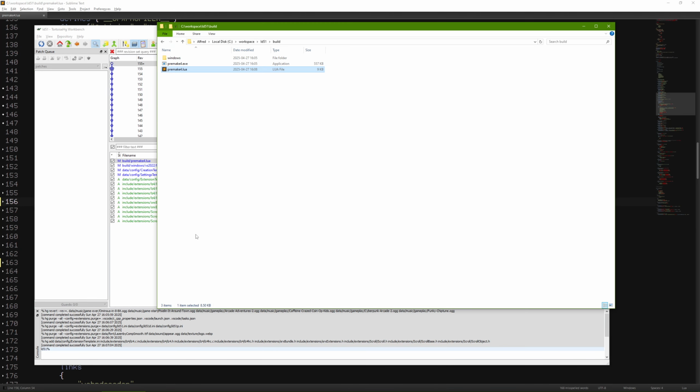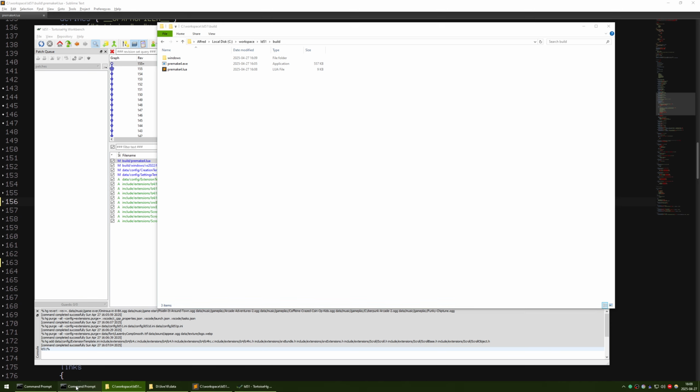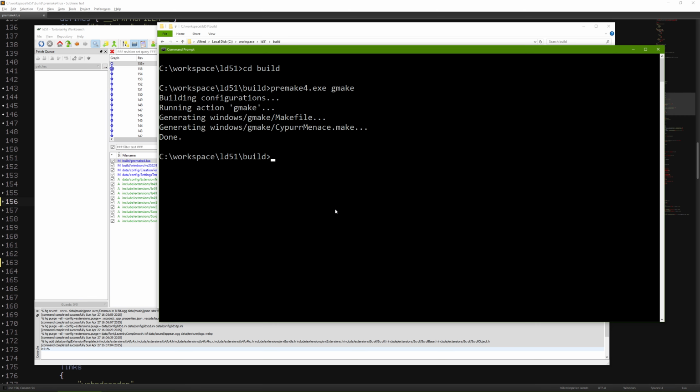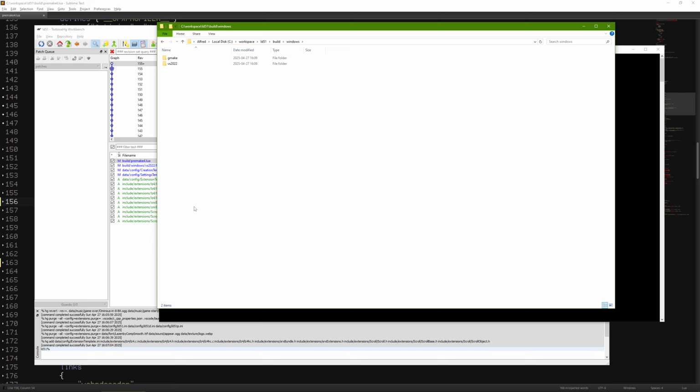However, we will have to regenerate our project, so I'm actually going to get rid of Windows entirely. I'm going to generate the Visual Studio 2022. So if we look here, we have the Visual Studio 2022. And I will also be a bit preemptive, and I will go into build, and I will generate the GMake version, which is the one we're going to use for the web export. So no matter what OS you're using, Windows, Mac, Linux, it's going to use a GMake configuration for doing the web export. So I generated this one, which we can see here. If we go back to the Windows, we can see I have the GMake and the VS 2022.